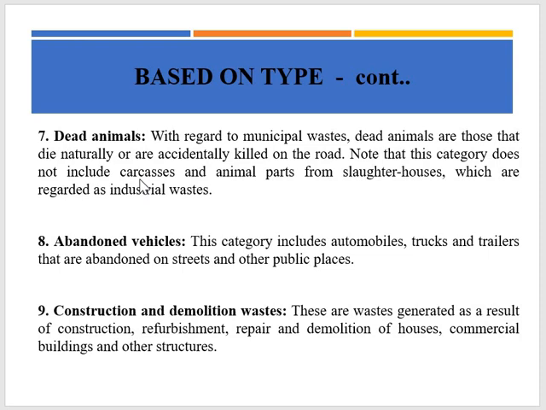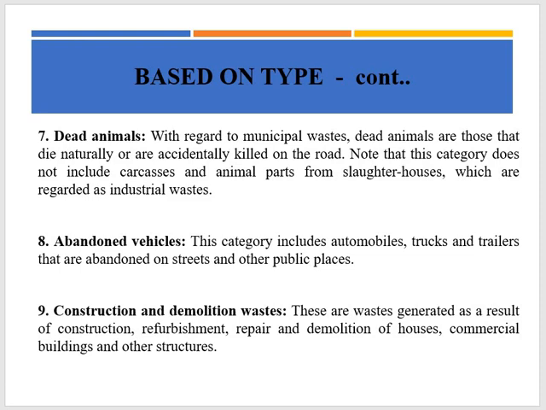Now, these dead animals are divided into two groups, large animals and small. The large animals can include horses, cows, goats, sheep, pigs, etc. And the smaller ones can be like dogs, cats, rabbits, etc. So under municipal waste, the dead animals are divided into two, large and small. This differentiation is mainly because the larger animals need special equipment for lifting and handling when they are dead, and if we are not handling them properly, they can pose a great threat to public health, and they also attract flies and other vermin as they decompose.